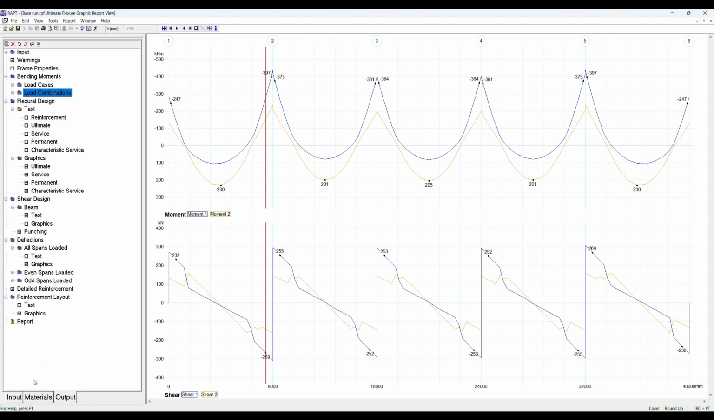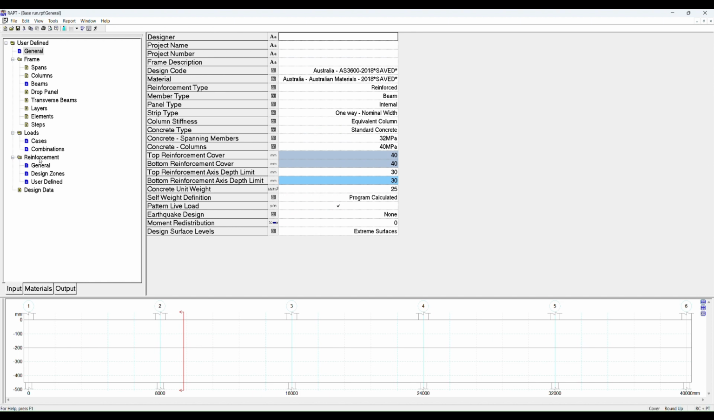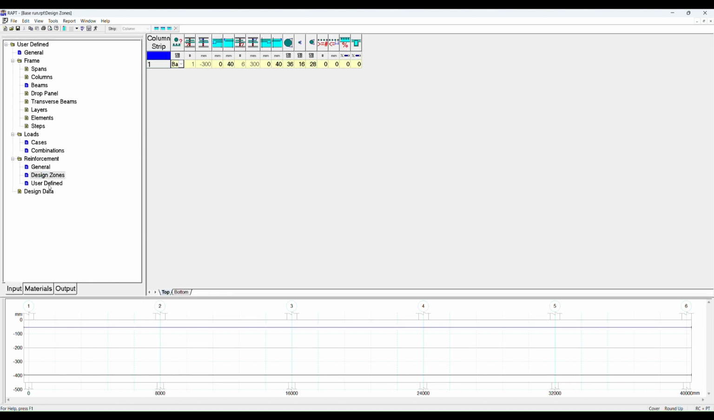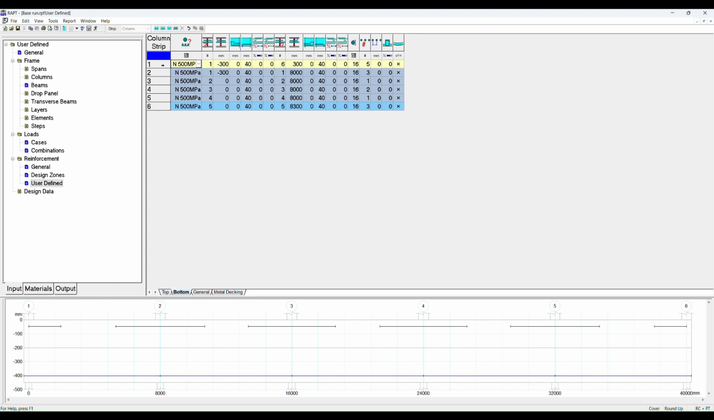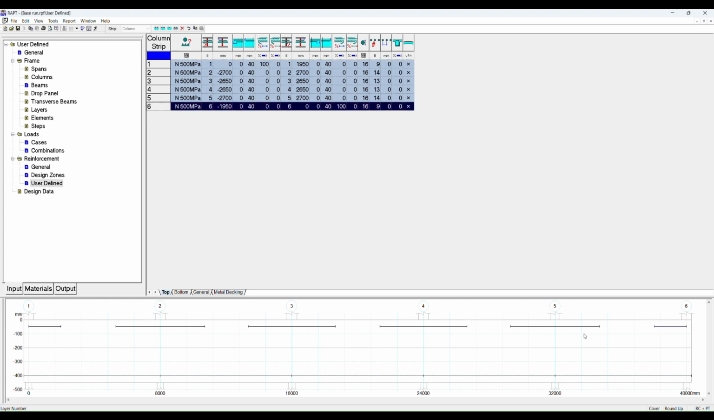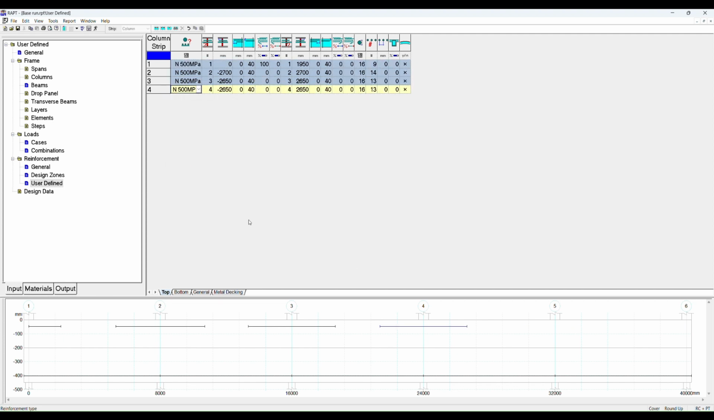Now you may remember that back in our input, we have reinforcement, we had design zones, and we had user-defined reinforcement. In this user-defined reinforcement, we had put in all the reinforcement that RAPT had designed for us, and I'm going to remove this bottom reinforcement, or some of this bottom reinforcement, so that you get a feel for what RAPT does in the outputs. So in the top reinforcement, I'm going to remove these design bars here. Delete that bar. Delete that bar. Okay, we go to output